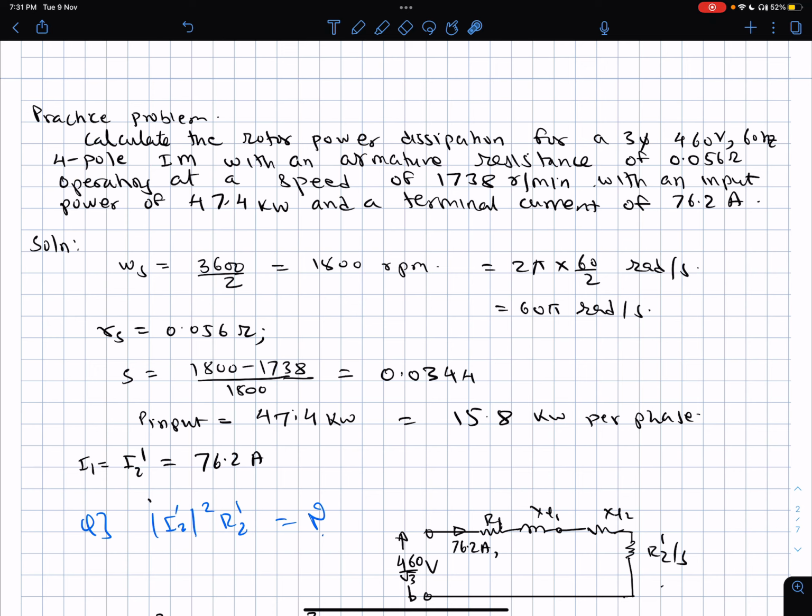Though I didn't do it specifically in the context of the induction machine, in the earlier discussion I told you that the three-phase winding on the stator will always create a field which rotates at synchronous speed, that is 3600 rpm for a 60 hertz machine, and 3000 rpm for a two-pole machine for a 50 hertz system.